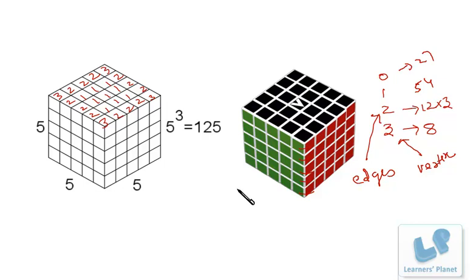Okay, if it is 4 by 4, then also it is very simple. I will calculate it for you in a moment. For 4 by 4, just draw the top layer. That's it.